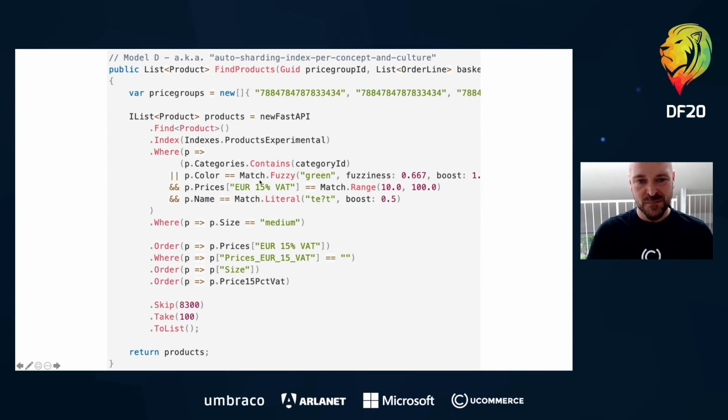And one of the cool things here is this match class that we spent a lot of time actually talking about, how we would create this API. And we wanted to create something that felt like LINQ, even though we had to be able to specify arguments for the API, like fuzziness and boosting and things like that. So we came up with this little match class, which basically carries the additional capabilities that you need.